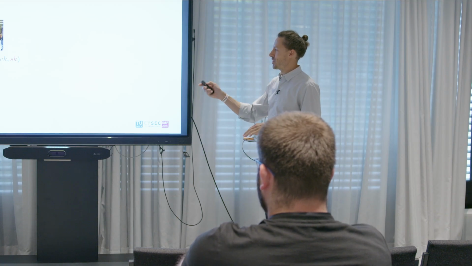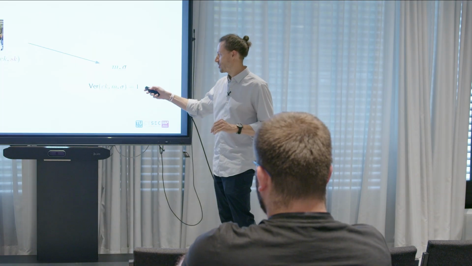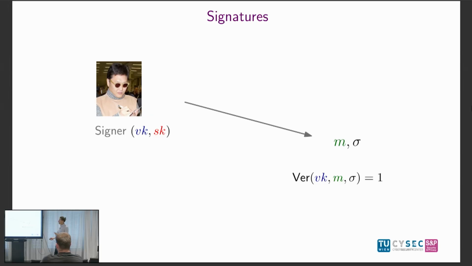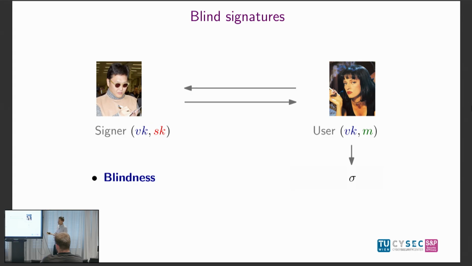What's a blind signature? Whereas here the signer has a key pair, can use his secret key to sign a message, create a signature sigma, and this can be verified using his verification key. In a blind signature scheme, we have a second party, Yuma, the user, and now she has the message and she runs a protocol at the end of which she obtains a signature under Sai's verification key in a way that Sai doesn't know what message he signed. So this is called blindness, and we moreover want that if the signer later sees the signature, he doesn't know which signing session it came out of.